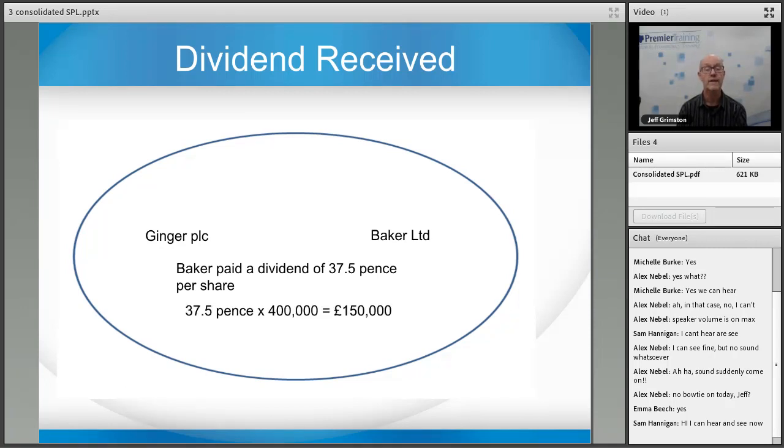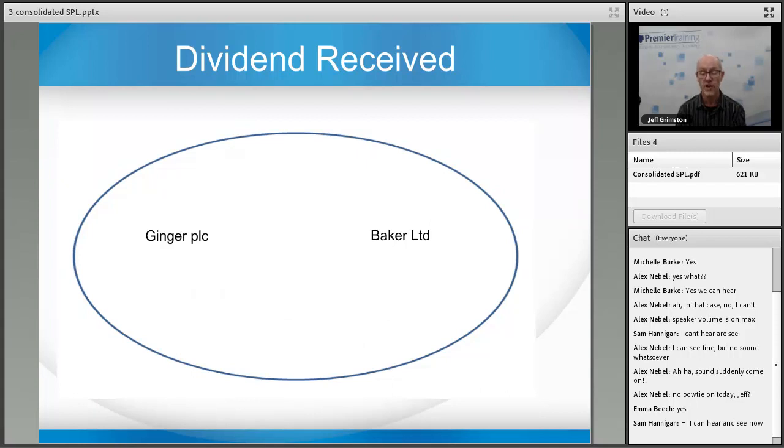There are 400,000 shares, so that's a total dividend paid of £150,000. Next question is, so where does Baker's dividend go? The answer to that is it goes to the shareholders, of course. Who are the shareholders? Well,